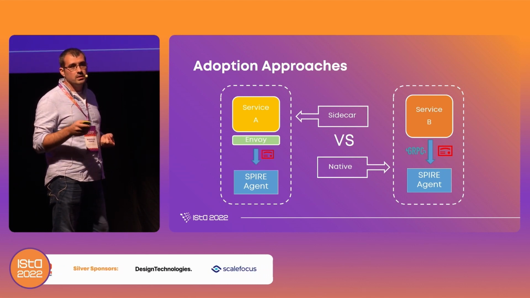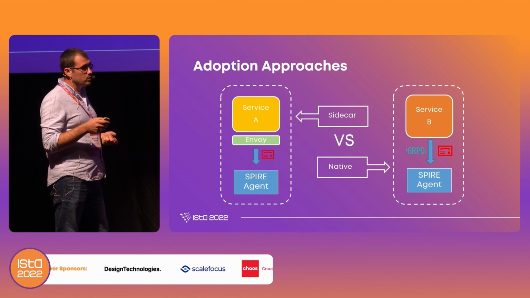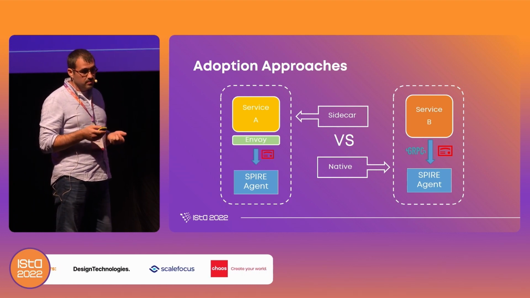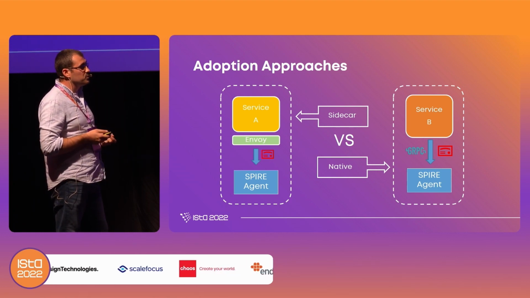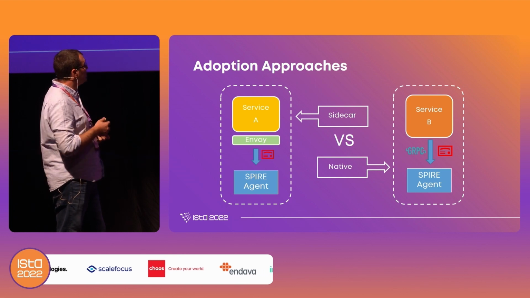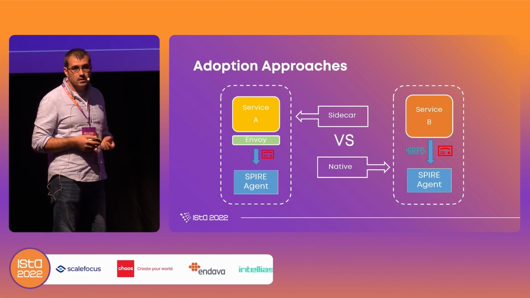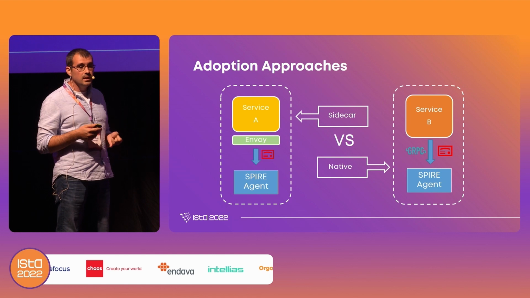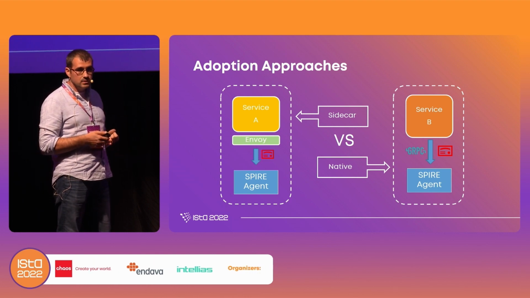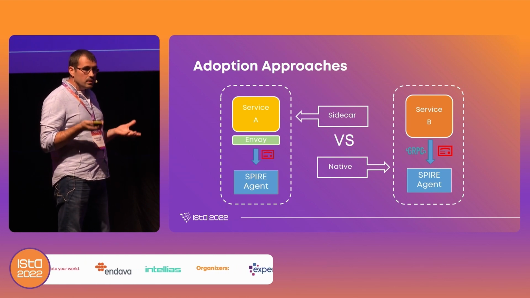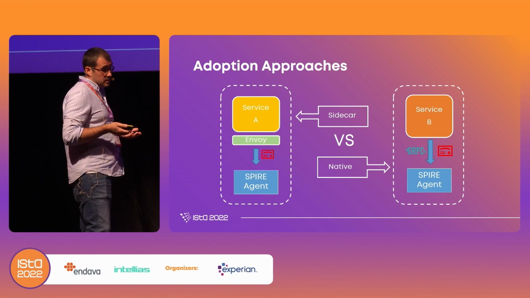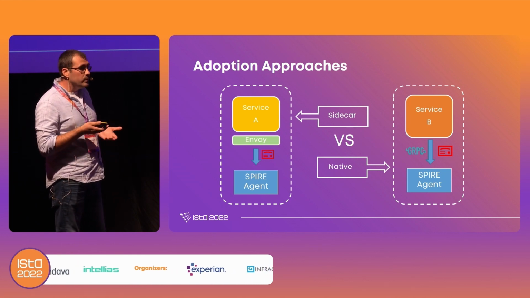They will be unaware that their traffic is routed through a mutual TLS connection, which is a cool approach, more or less, but it has its drawbacks because it consumes more resources and adds additional latency to the system. It depends on the use case. So if we have to